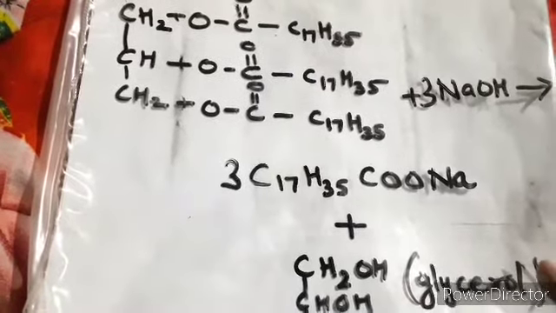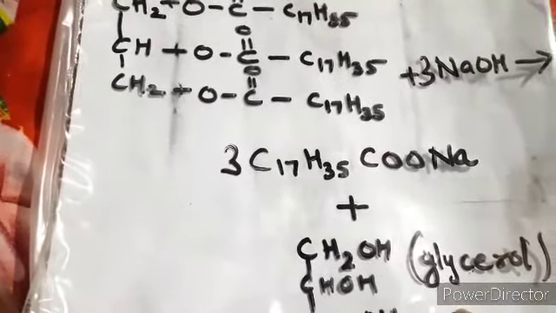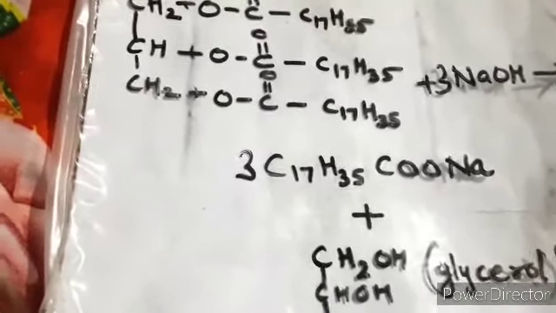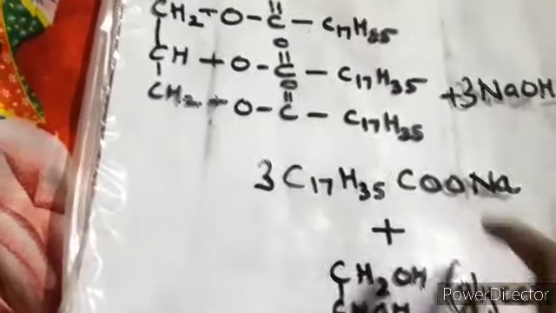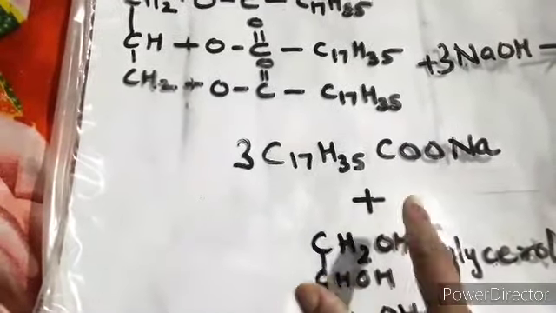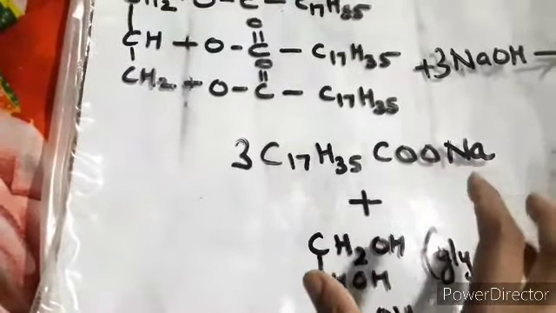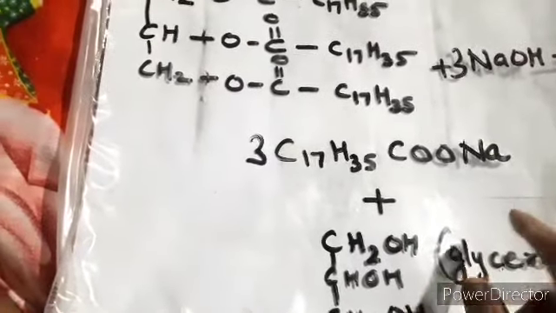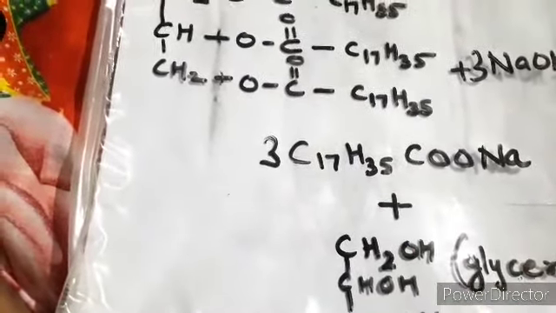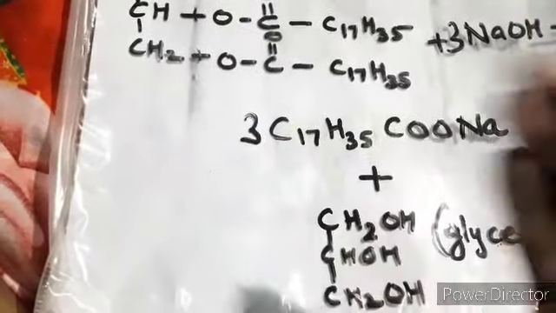So this particular soap which has been obtained over here contains glycerol also. It is basically in a colloidal form, and you have to separate it from this mixture, because both of them are in a liquid form. It has not precipitated, it is in liquid state only. So to precipitate it, we add common salt, that is sodium chloride. And when the sodium chloride is added to this solution, the glycerol and the soap are separated. This is the liquid part, it has been separated, and this is the solid part, it has been separated.